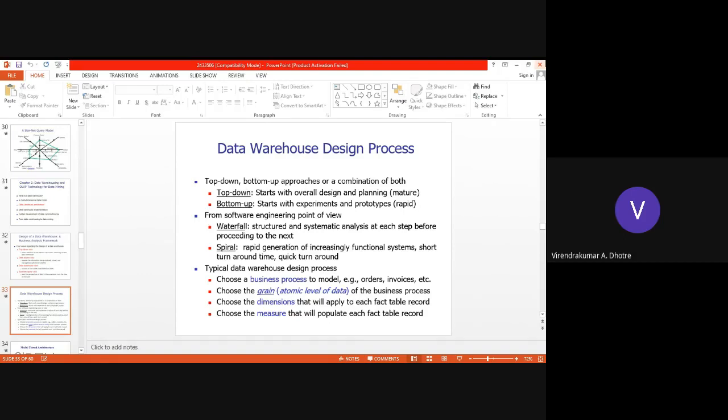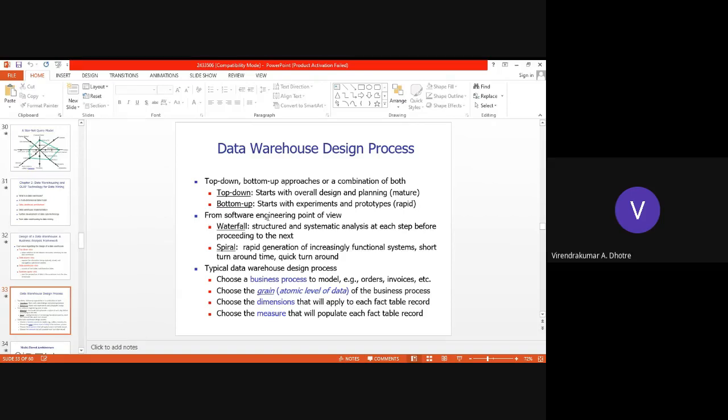If we consider the software engineering part, software engineering consists of design models, and there are two very famous ones. The SDLC, software development life cycle, has two parts, waterfall and spiral.